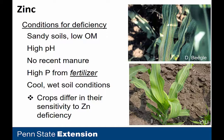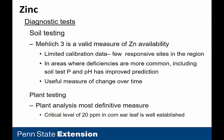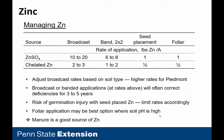Of course, crops differ in their sensitivity to zinc. I think in our region, corn's the one we see most often. Like manganese, Mehlich-3 is a great measure of zinc. The problem is we don't really have it well calibrated because we don't have responsive sites. And places where they do, including